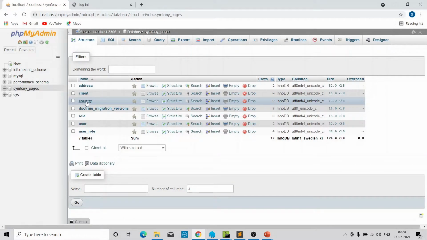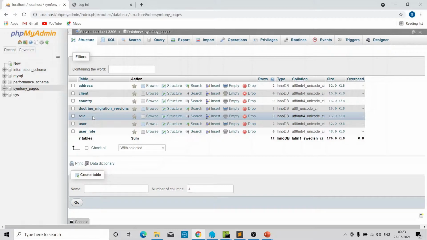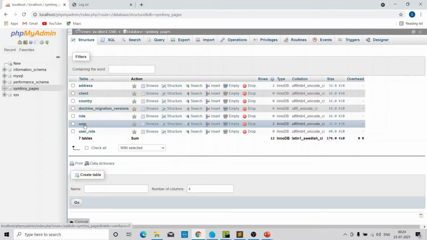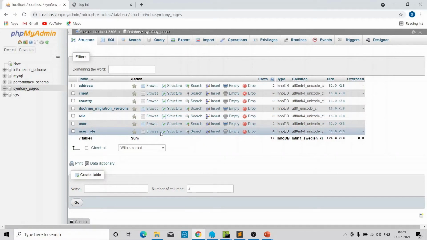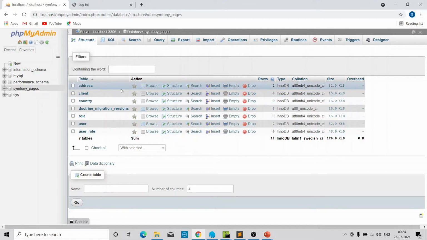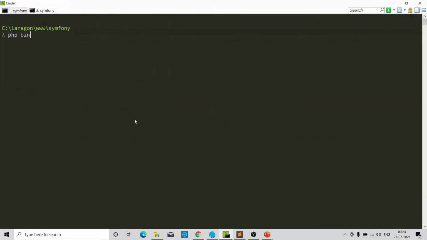And now we have a table named country. We will create a many-to-one relation between user and country. The many-to-one relation means one user or many users can be related to a single country. So many-to-one. Let's create the relation between them.